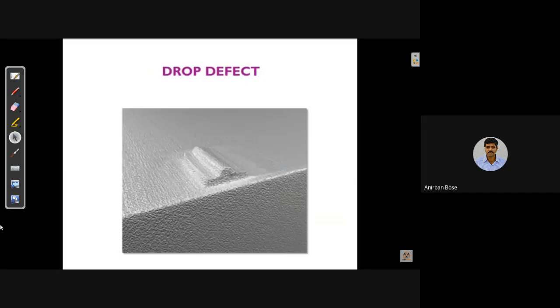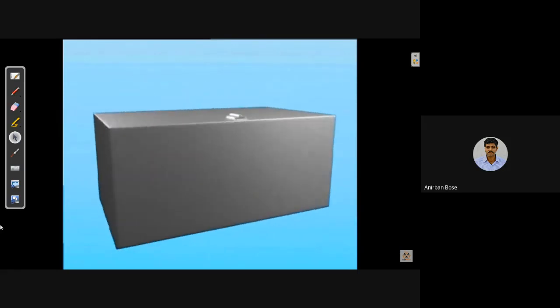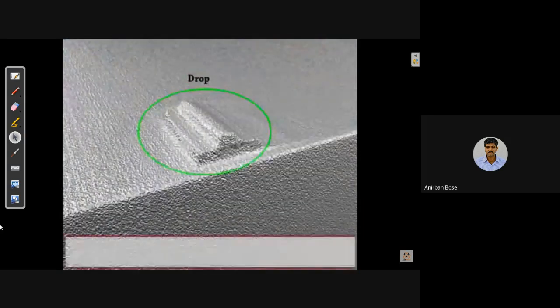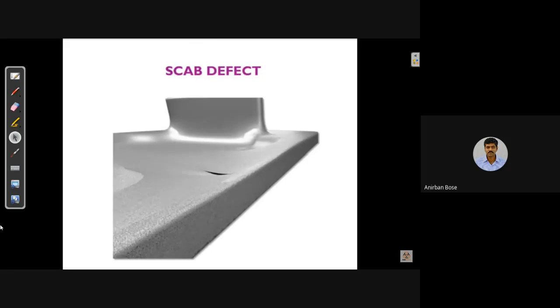Drop defect. Let us see an example for drop defect. Drop in a mold is an irregular shape projection on the cope surface of a casting. Scab defect.